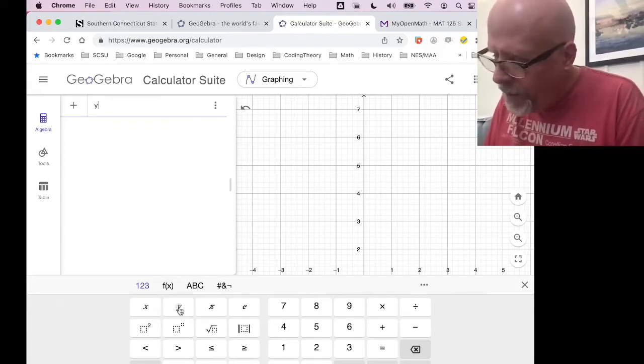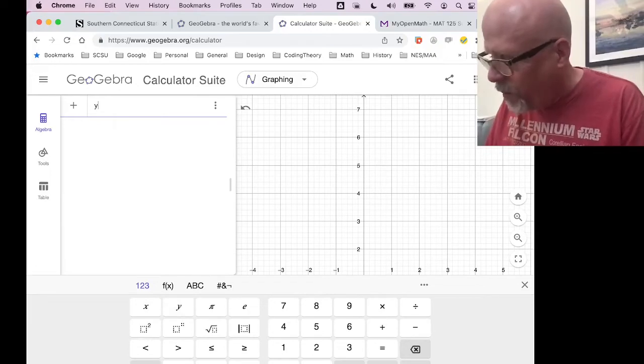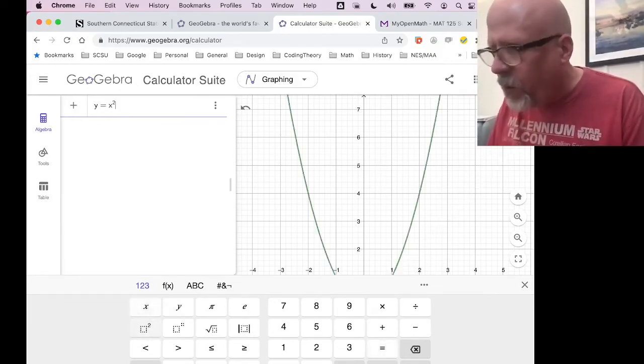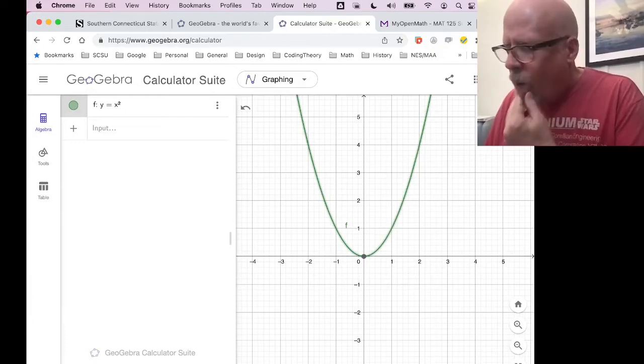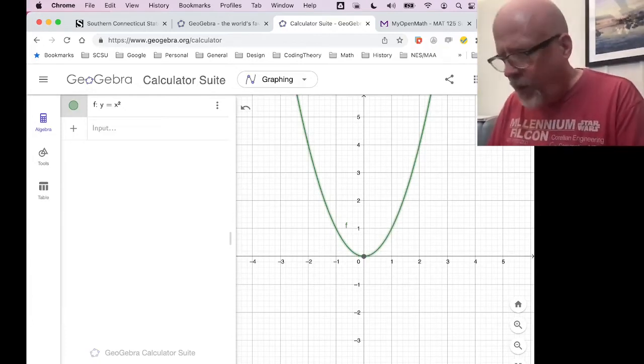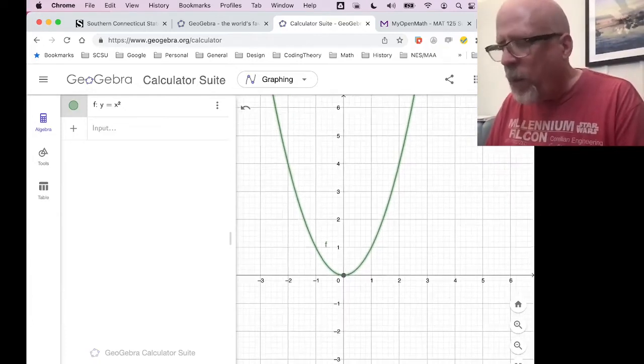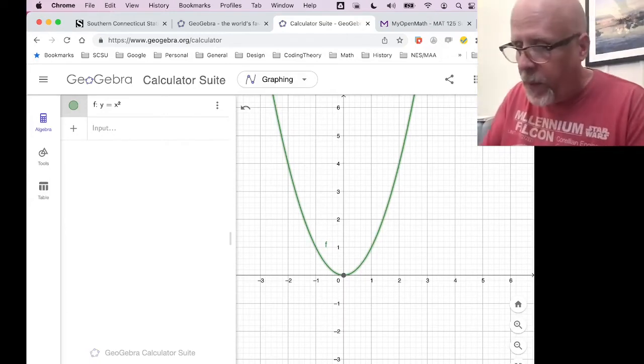Actually, you know what? First, kind of putting the cart before the horse. We should look at what y equals x squared looks like. Oh, yeah. Well, maybe we knew this already. It's a parabola. What I want to do first, I guess, is just move that parabola around. So I'm going to make a new function,